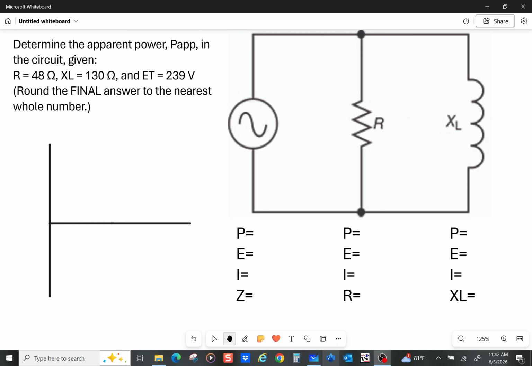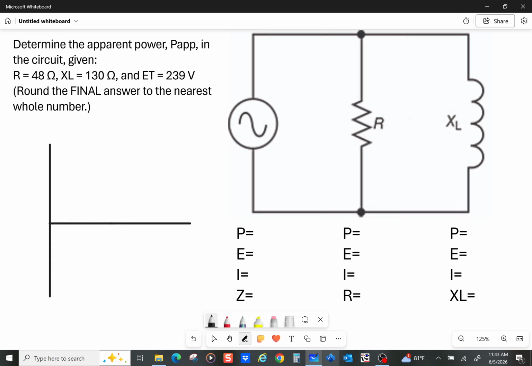Right, the purpose of this video is to solve for a parallel RL circuit, or a circuit with a resistor and an inductor in it. So the first thing we need to figure out, in this case again, is an RL circuit. On the left hand side you'll see I've got my vector relationship here, and with our vector, we know